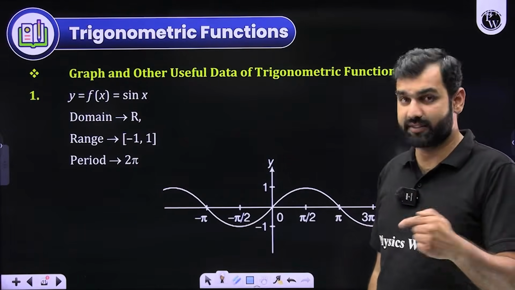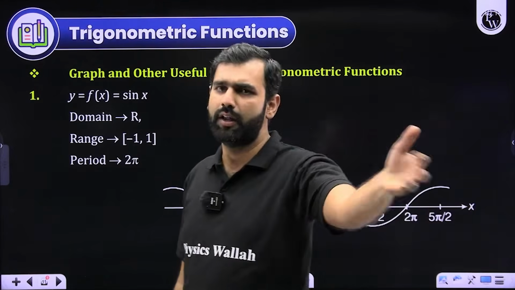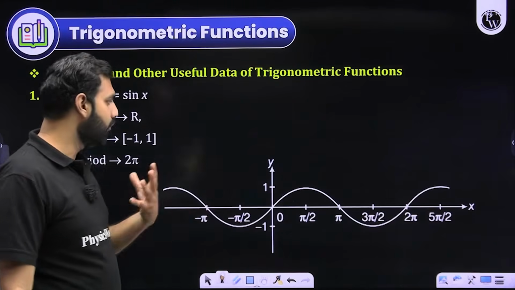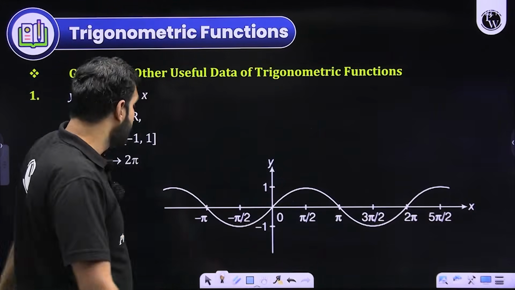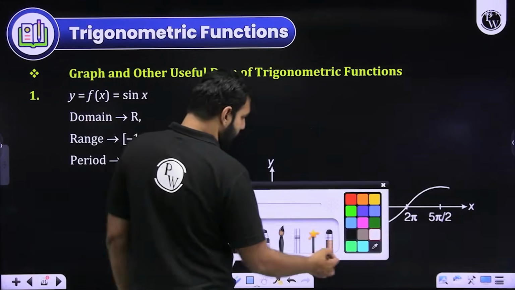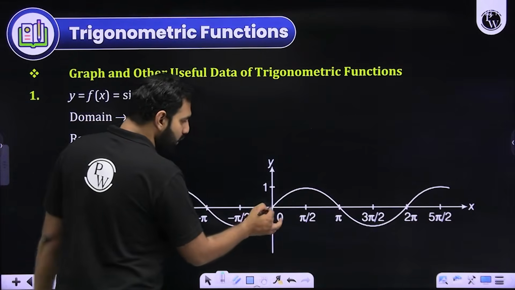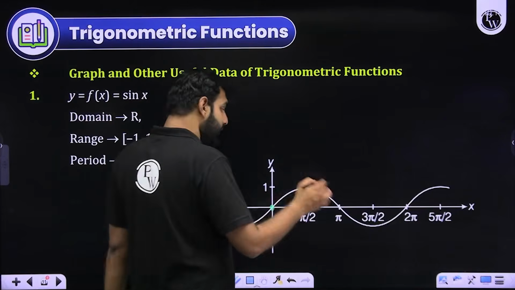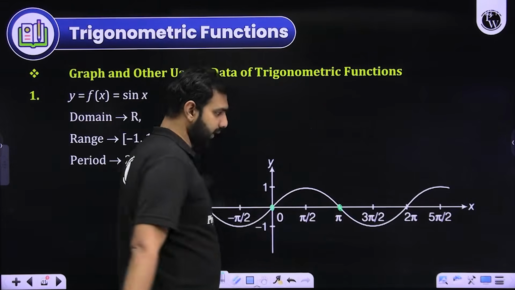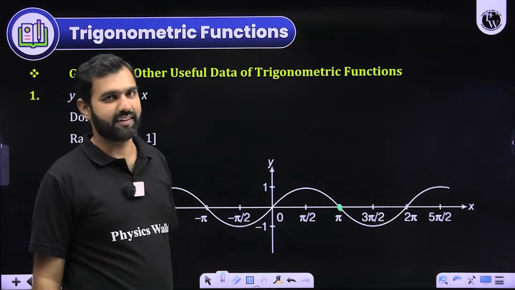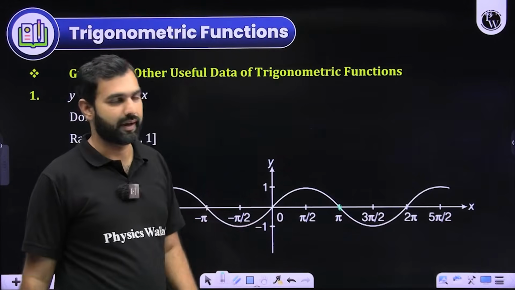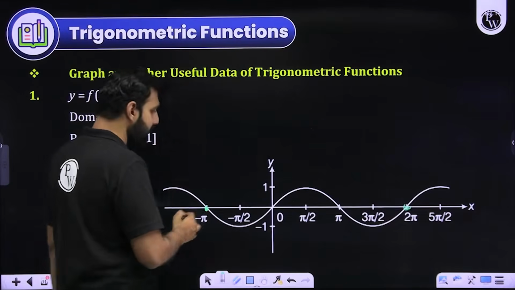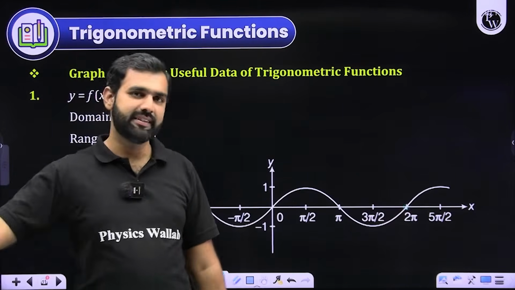Although we had a discussion about this in the chapter on functions as well, here also we'll seek more clarity so that we can draw a few more conclusions. Now, if you look at the graph of sin x, you will always see that it passes through 0. And it will always intersect the x-axis at all the multiples of pi. So at pi, 2 pi, 3 pi, minus 2 pi, you will see the graph of sin x intersecting the